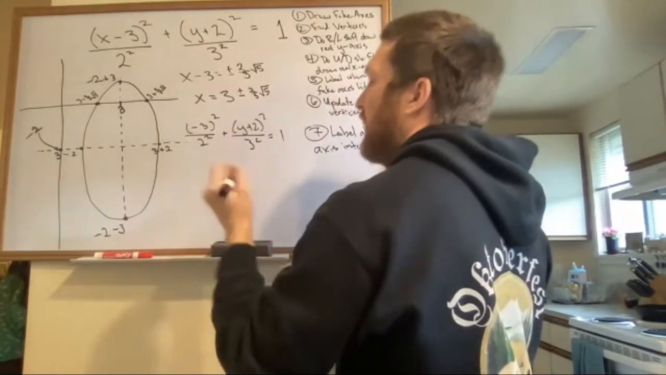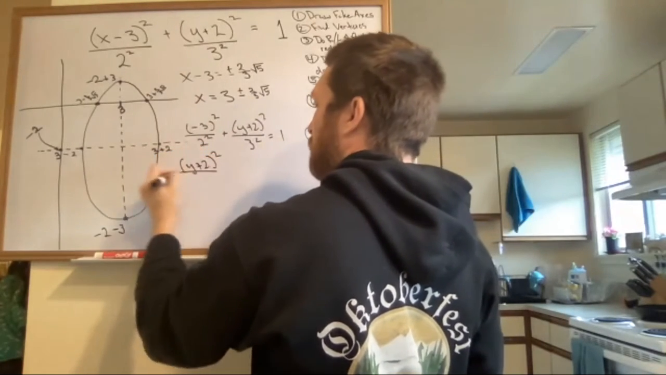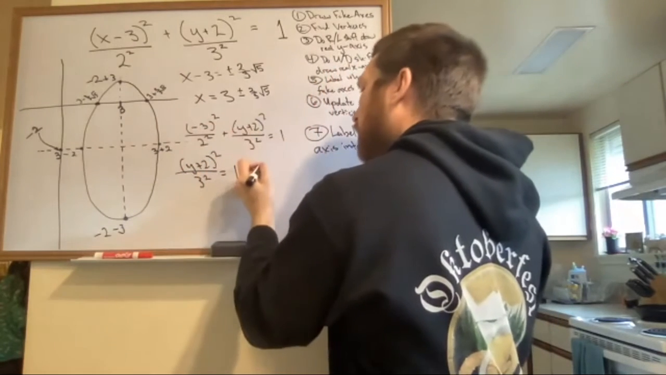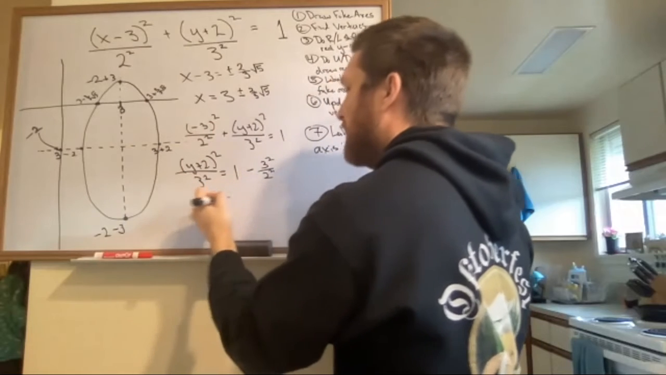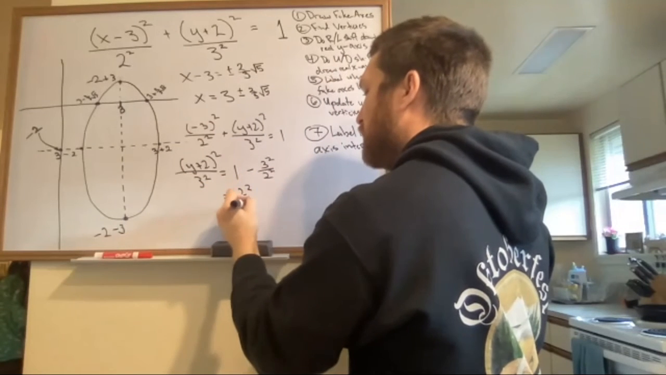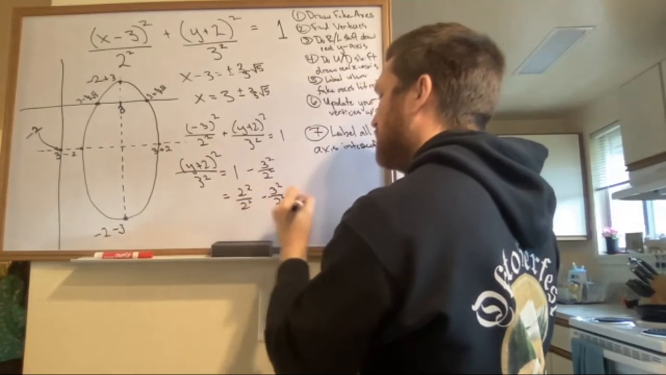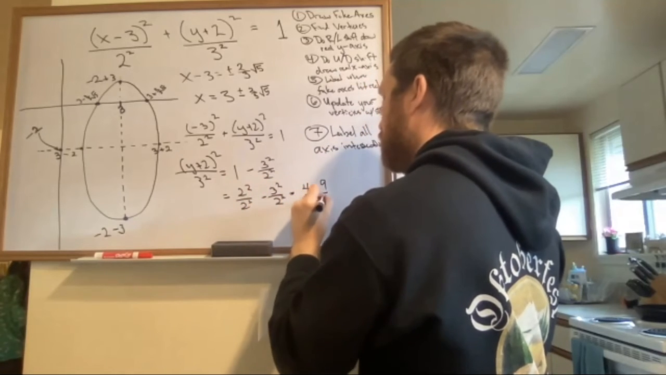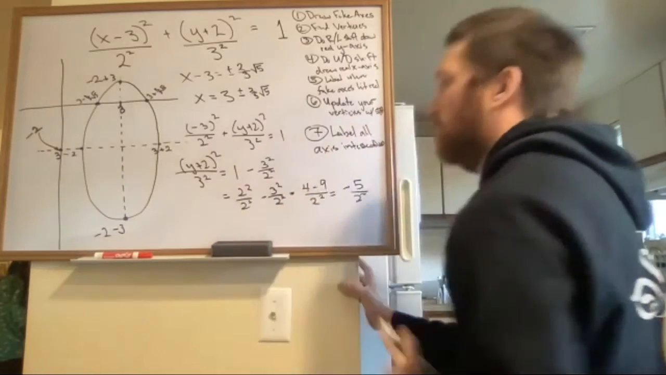And so I say, okay, that's the same thing as (y + 2)² over 3² equals 1 minus, we'll just write it as 3² over 2². And so I get 2² over 2² minus 3² over 2² is equal to 4 minus 9 over 2², which is -5 over 2². So I say, all right,